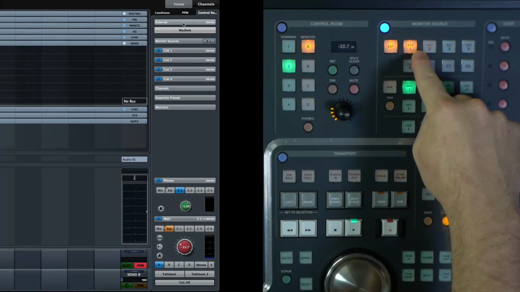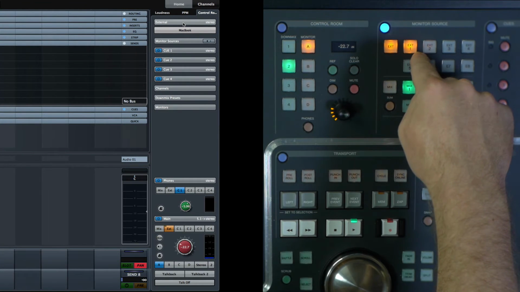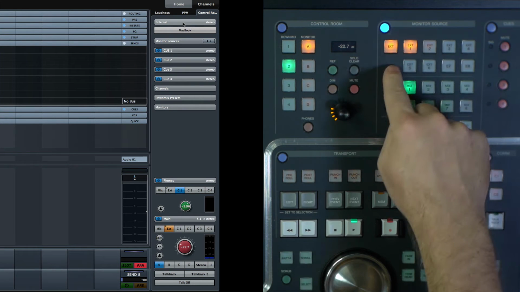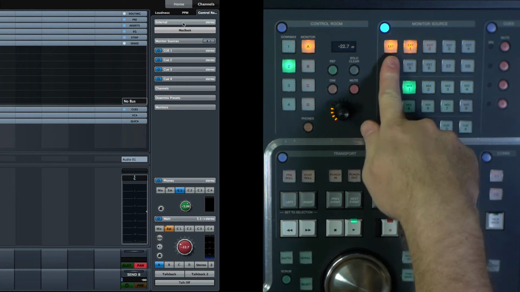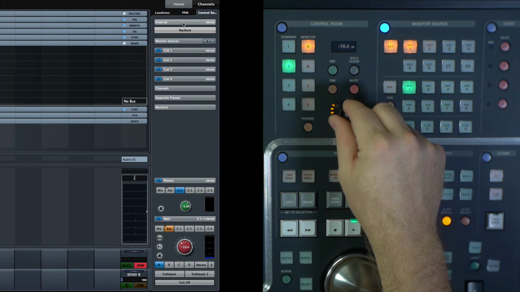And external inputs can be anything you want. For example, I have an external input for a MacBook computer that has other audio sources on it that I sometimes want to listen to. Sometimes it's YouTube, sometimes it's just another audio file that I need to listen to real quick. I can quickly flip control room to external and select that external input and be listening to it through my